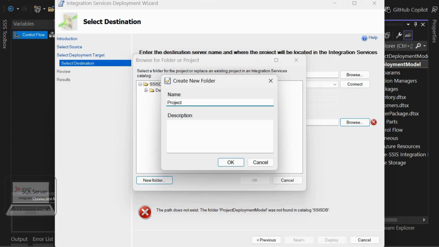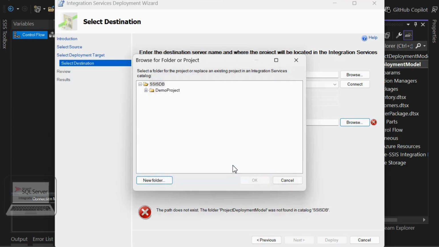This is because we are going to deploy our project from the SSDT environment. If you want, you can fill the description, then click on OK, and here you can see this folder has been created successfully. Now click on the OK button